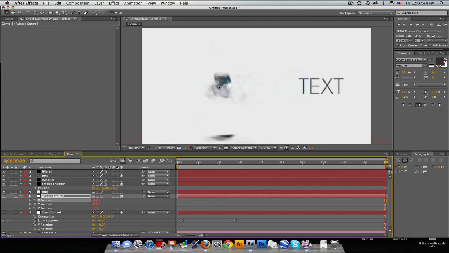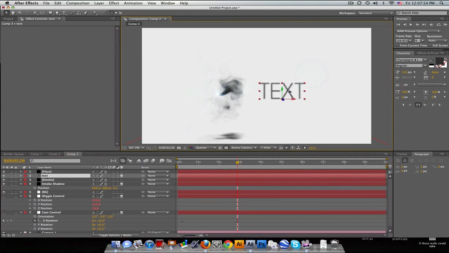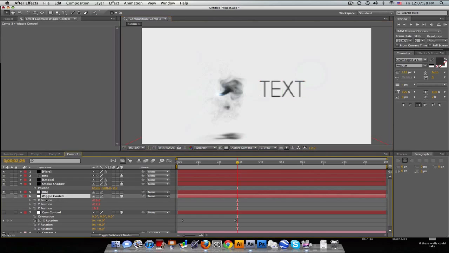So that kind of slides it over. Alright, and what we're going to do here is animate the smoke going across the text. So right here, we'll keyframe the X position of the wiggle, move forward about a second, and then just drag the X over